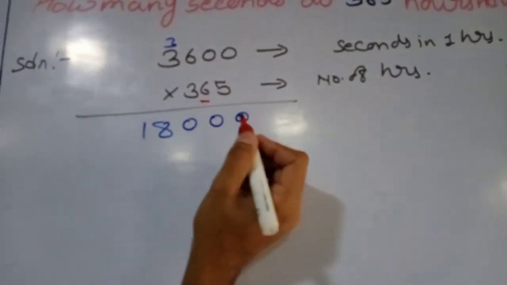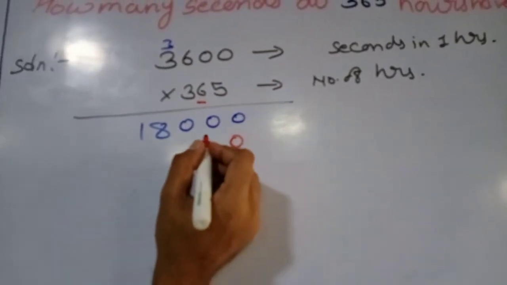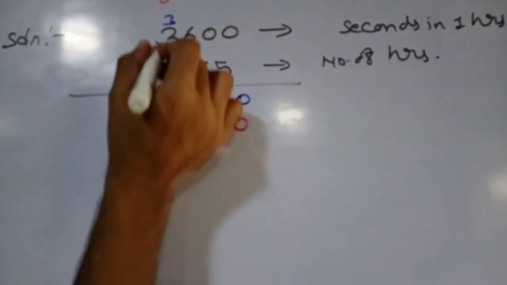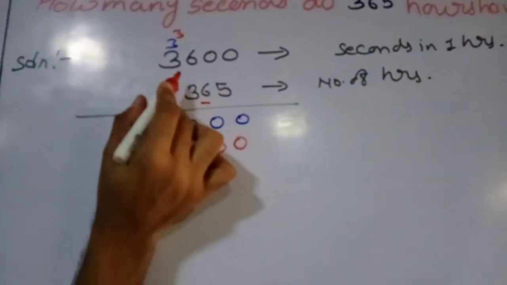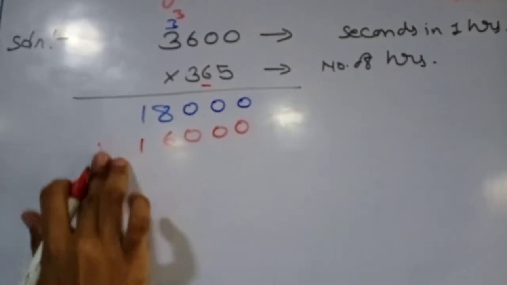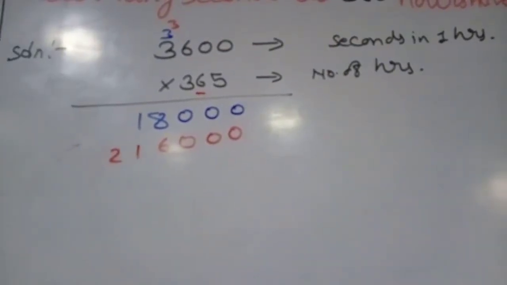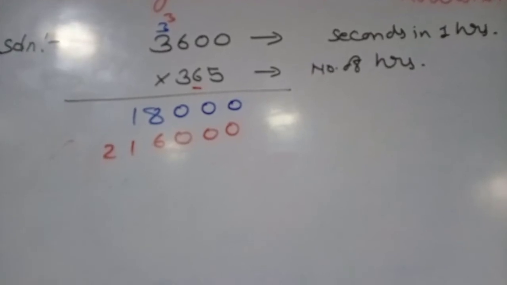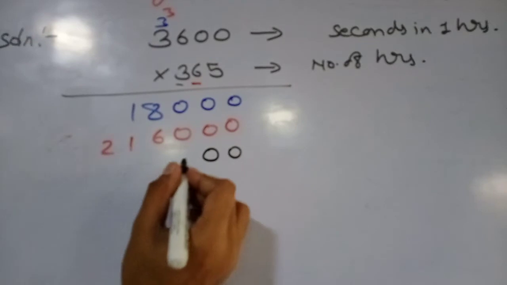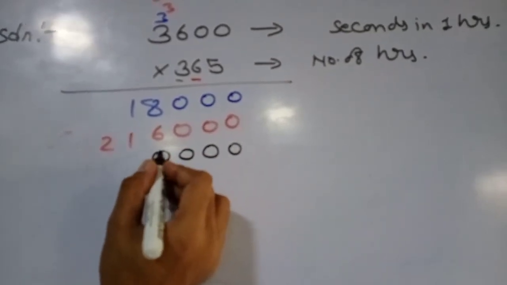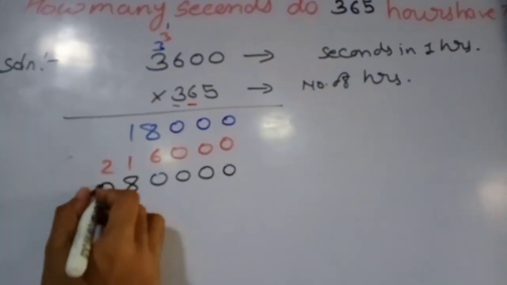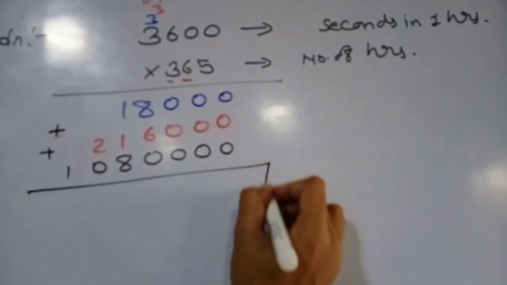Now we have to multiply by 6, so put the 0 at unit place. 6 zeros are 0, 6 zeros are 0, 6 sixes are 36, again 6, 3 carry, 6 threes are 18 plus 3, 21. So we have to write here. Now we have to multiply by 3. As 3 is in the 100 place, put 2 zeros at unit and tens place. 3 zeros are 0, 3 zeros are 0, 3 sixes are 18, 1 carry, 3 threes are 9 plus 1, 10. Now put the sign of plus.